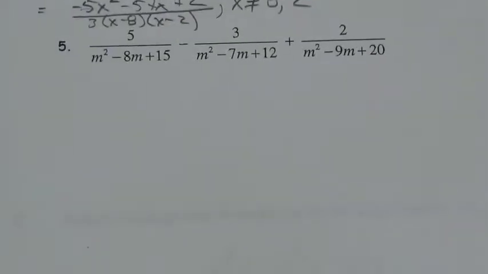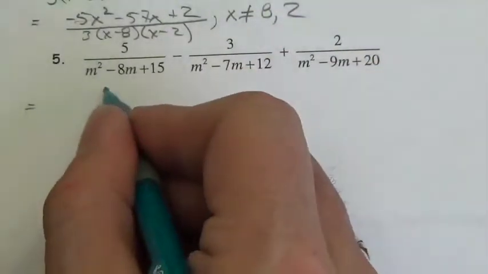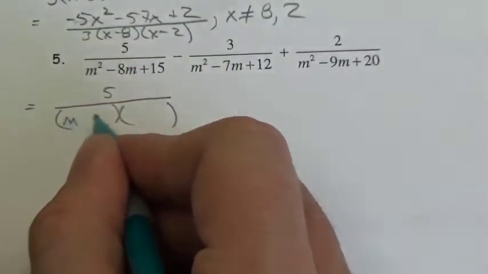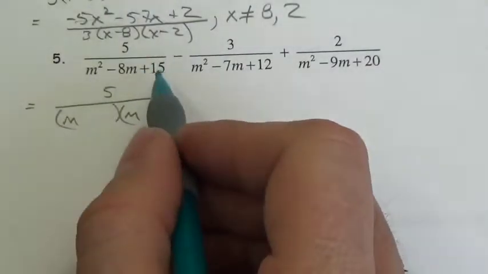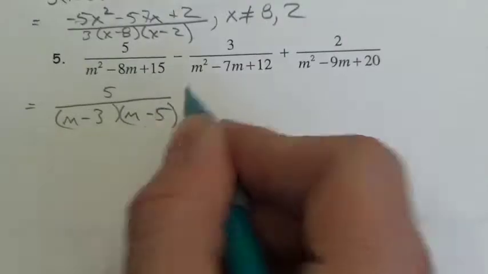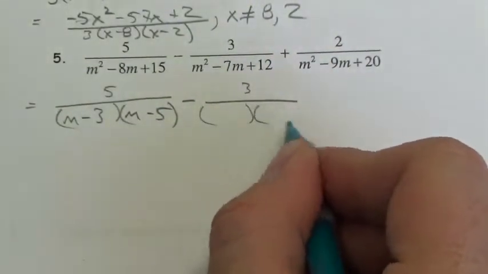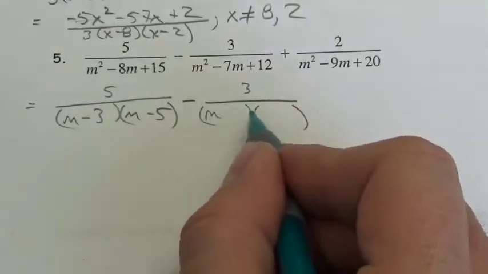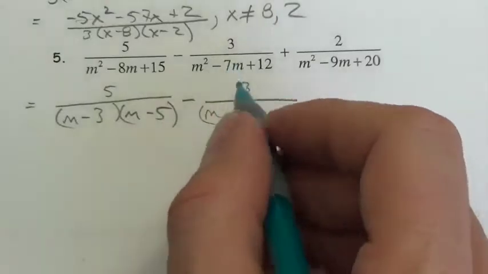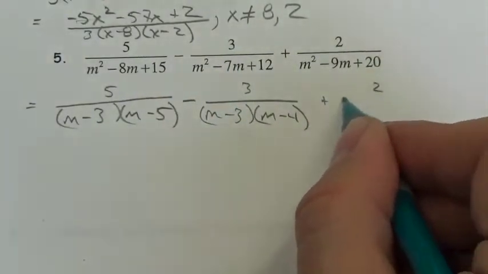Let's take a look at the next one. Once again, we've got a bunch of factoring to do. So this will become 5 over... This has got to have an m and an m, and I'm looking for factors of positive 15 that add to negative 8. Well, it's got to be negative 3, negative 5, so m minus 3 over... In this case right here, it'll be m and m once again, and then factors of positive 12 that add to negative 7 will be negative 3, negative 4, plus 2,